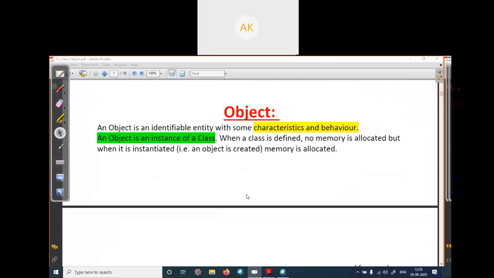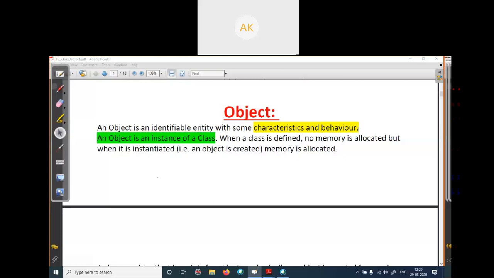The next is object. An object, as you know, is an identifiable entity with some characteristics and behavior. Characteristics means the properties of that object, and behavior means the operations that can be performed by that object. Suppose we are talking about a person. Person is a class, and one person, Rahul, is an object.